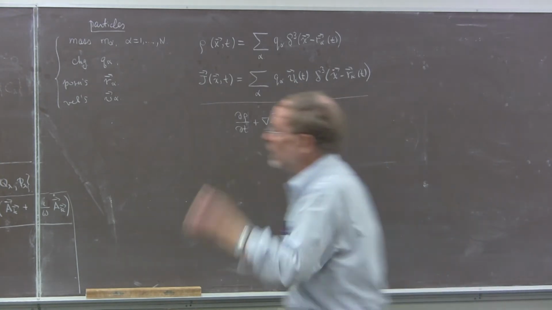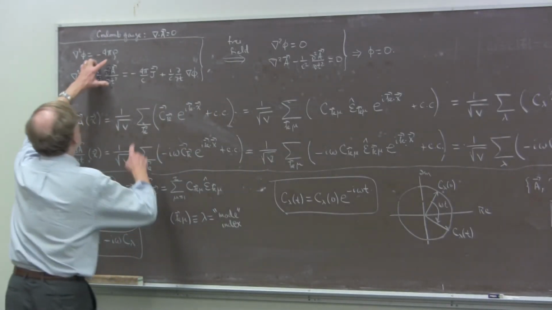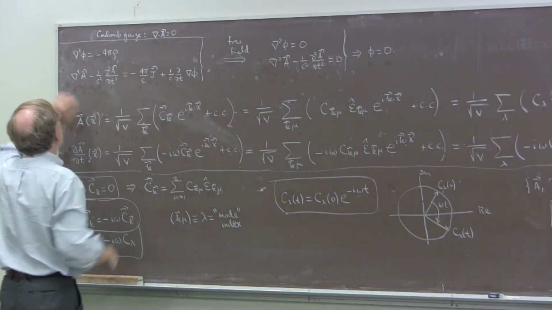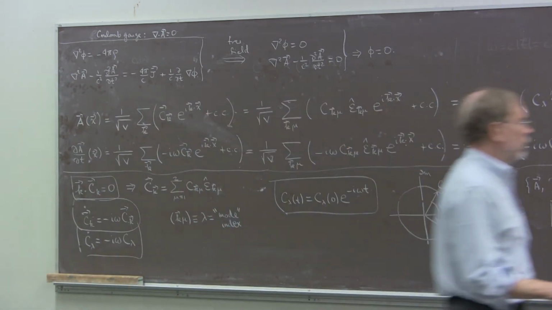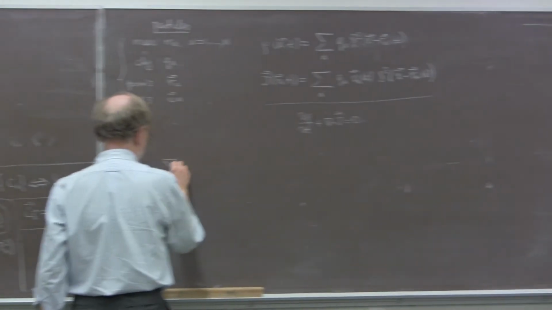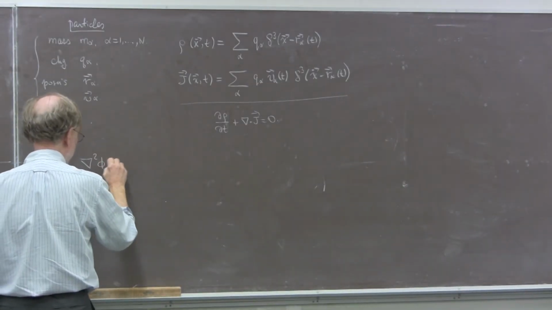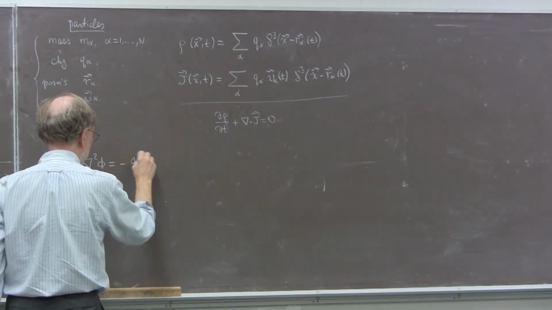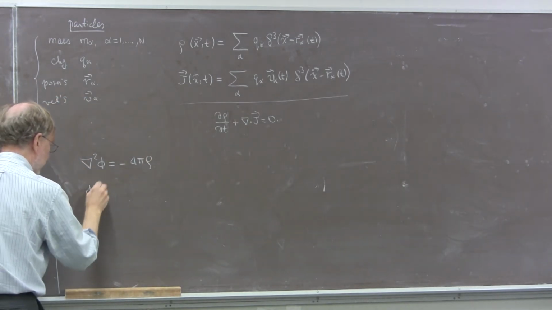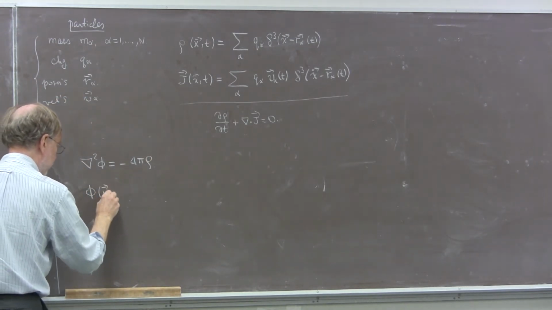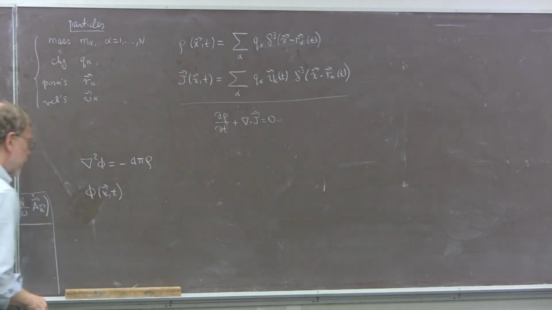And so we want to then plug that into Maxwell's equations in the form that we see here for the rho and the j. Now let's take the phi equation first of all. So the phi equation is the Poisson equation, del squared phi is equal to minus 4 pi rho, like this. And as I pointed out in the last lecture, the unique solution of this, which has the right behavior at infinity, namely it goes to 0 at infinity,